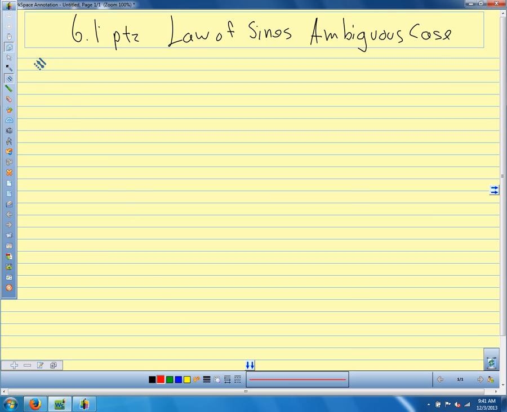So we're going to talk about the ambiguous case with the law of sines. Yesterday we used law of sines for angle-side-angle and angle-angle-side triangles, to find our missing parts and solve our triangle. And we mentioned that we can use law of sines for side-side-angle triangles,